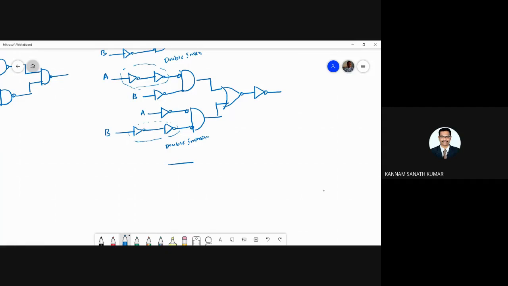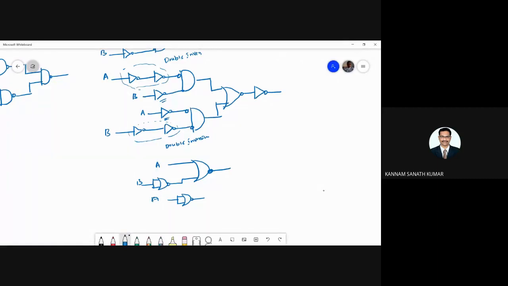So this is A. You are converting bubbled NAND gate with the NOR gate. Bubbled NAND gate with NOR gate. Okay, so here this inverter is there. I'm converting this inverter with the NAND gate. Okay, this is B. Again, next here inverter is there. You are converting this inverter. Okay, so this is A.